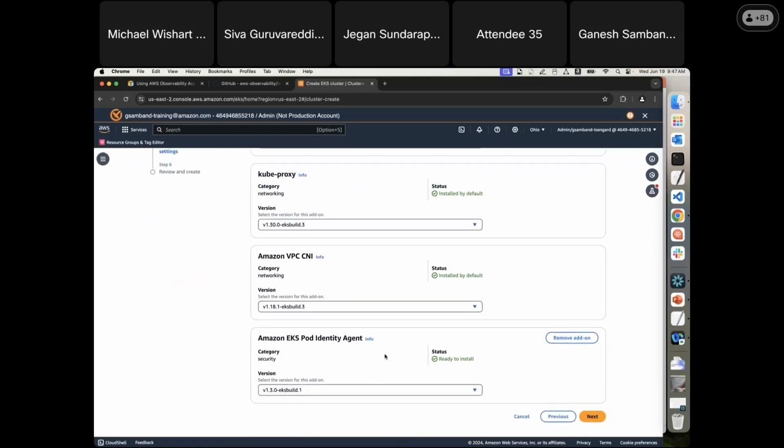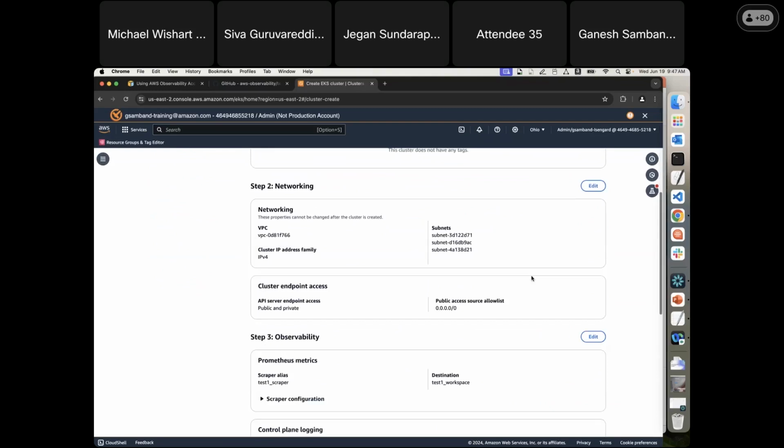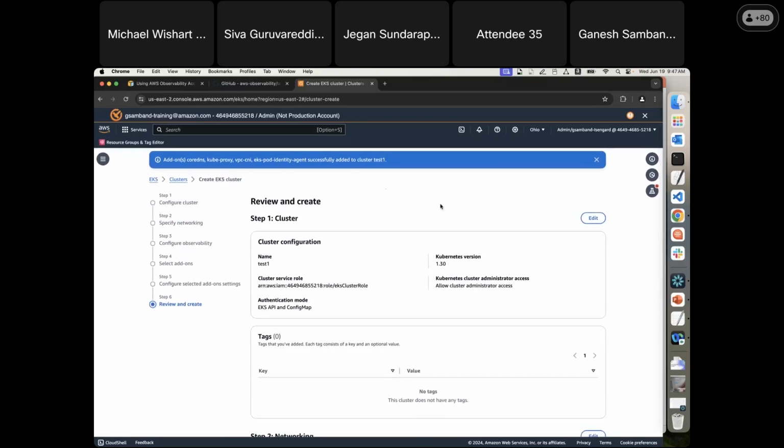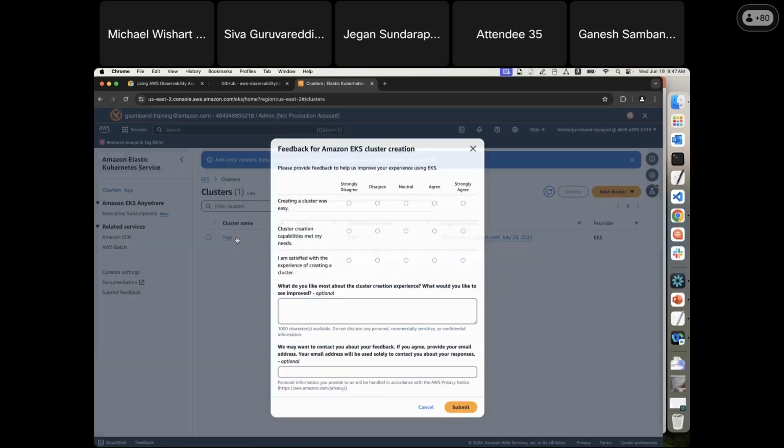and then you can choose the AWS add-on, and with all the basic information, you'll see all the options. Once you create it, it will take, I think, 15 to 20 minutes to create the cluster, but I can show the existing one.